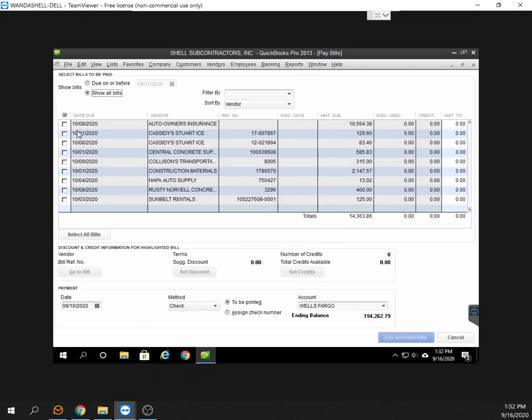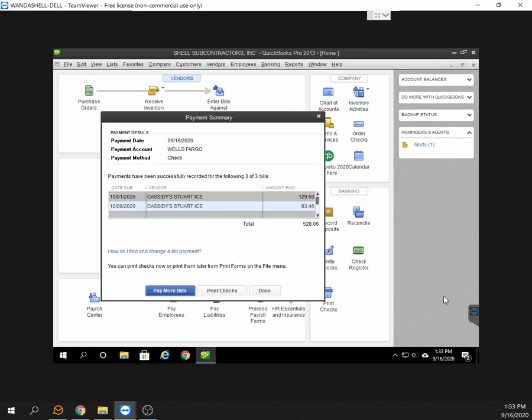Let's say you wanted to pay Cassidy Ice, you wanted to pay Collison's, so you would click them and you would hit pay selected bills. I probably shouldn't have done that. Now I got to figure out how to undo it. And you hit done,